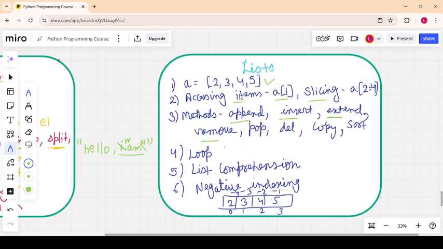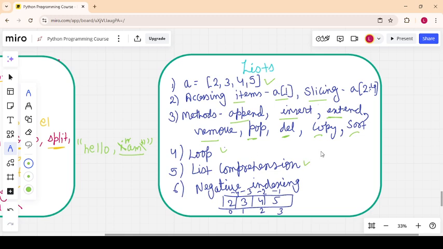If you want to remove a particular number, like I want to remove the 3, you can use the remove method. You can use the pop method to remove the item at a given index. You can use the del keyword, which is used for deleting the list. If you want to copy it, you can use the copy method. If you want to sort the list, you can use the sort method. And we can go through the list with a loop, item by item.